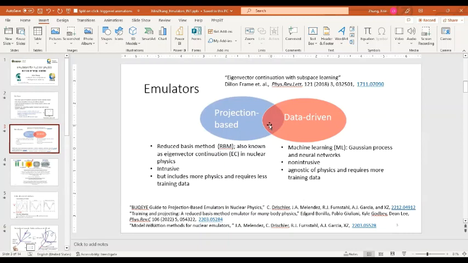Yeah. You commented that your training data needs to be very precise. How precise do you need it for this projection? Oh, I suspect it will depend on the problem, right? But in nuclear structure, for example,